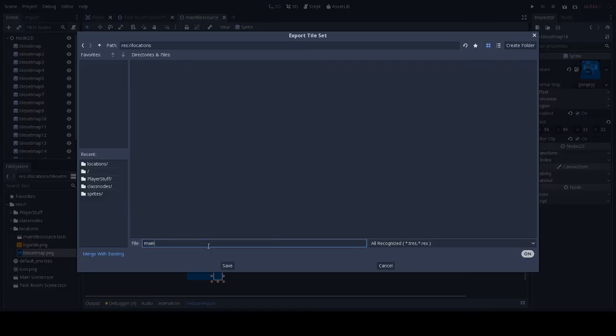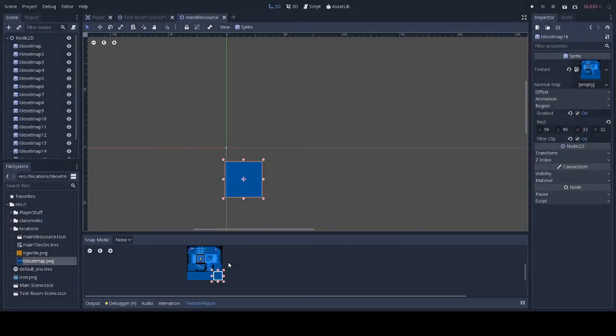Main source, main tiles. Yeah, sure, we'll camel case it. Tiles source dot tres. I don't know what the difference between res and tres is. Oh yeah, I think tres means text resource. Yeah, I don't know what the difference between that is